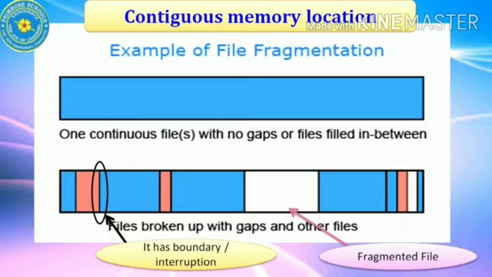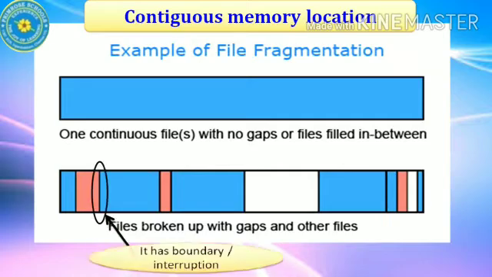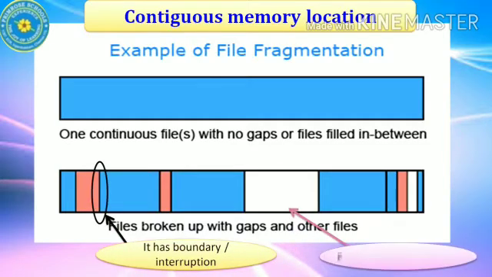If you see the above image, the upper part shows the continuous file where there is no interruption at all. In the lower part, you can see the blocks have a boundary or interruption. Hence, it is called contiguous, not continuous. The lower part of the image shows the fragmented file where in between the memory blocks there are